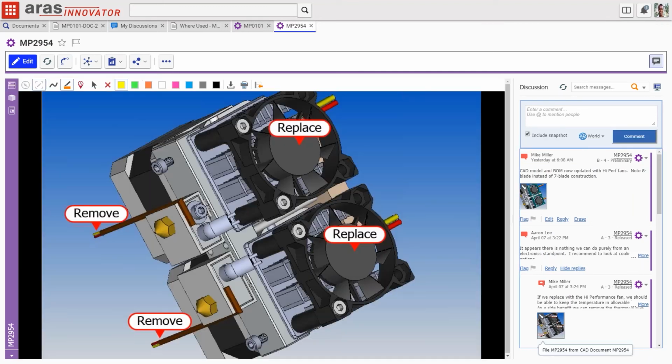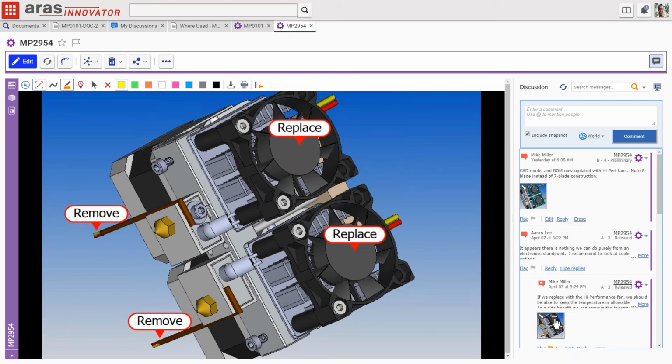And as we go, I'll show you how to create this visual collaboration, this markup piece here. So remember that as we pop open one of these snapshots, it appears in the viewing window. And if we want to create the markup, we can mark up the markup if you'd like, a little further. But if we want to create a brand new markup, that starts from the CAD visualization.